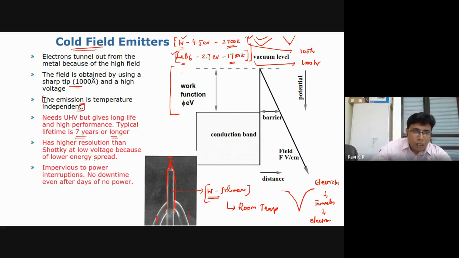Another point, the lower energy spread, we will discuss a little bit later in detail, maybe when we discuss the various parameters in SEM, how these parameters affect the low voltage, energy spread, and depending on the voltage, how we get the resolution. You can understand that only when we understand the interaction volume. That is what we are going to do in this class. What is interaction volume? How do the electron and specimen interact? I can explain this only after discussing the interaction volume.